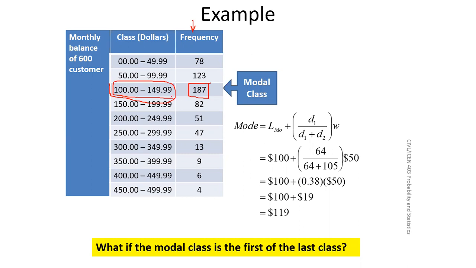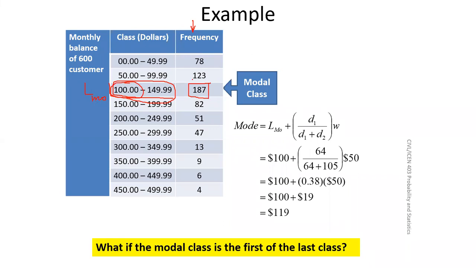Sometimes the median class and modal class can be different as well. It's not a hard and fast rule that both classes have to be the same. Sometimes the classes are different, but most of the time they will be the same, because both give you the average values. So average values are closer to each other. So this 100 is my LMO, the lower limit of the modal class.